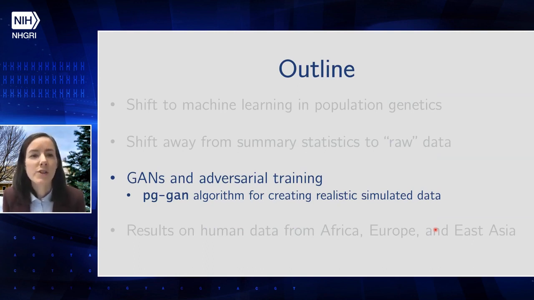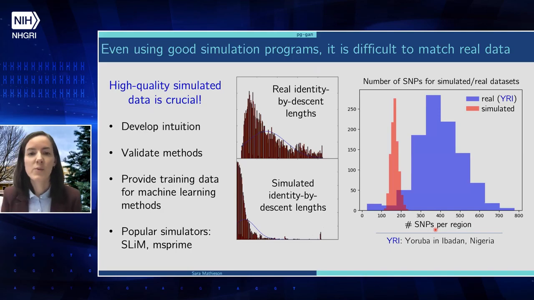So I became very interested in developing better simulated data. And this was inspired by several times when I tried to create realistic simulated data and gave my best guess at the parameters, and I still was not really able to accurately capture some of the features of the real data. So here are a few examples where the real and the simulated data sets look very different, and here as well, even when I tried to put in reasonable parameters for these simulation programs.